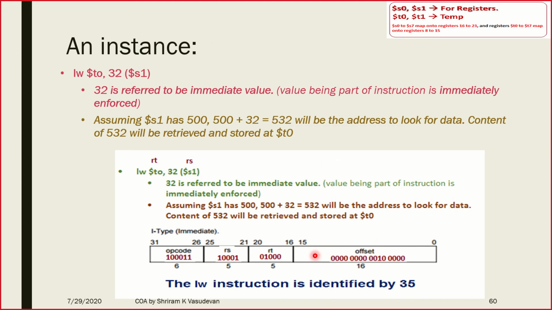How many bits do you have? You've got 16 bits. But what is the value you have here? 32. This will very well fit within 6 bits, but we need to prefix it with as many zeros as possible to complete it as a 16-bit length. So 8, 4, 2, 1, 8, 4, 2, 1. 32, 16 is done here. This itself is enough: 32, 16, 8, 4, 2, 1. For this 32, if I put 1, my problem is solved.